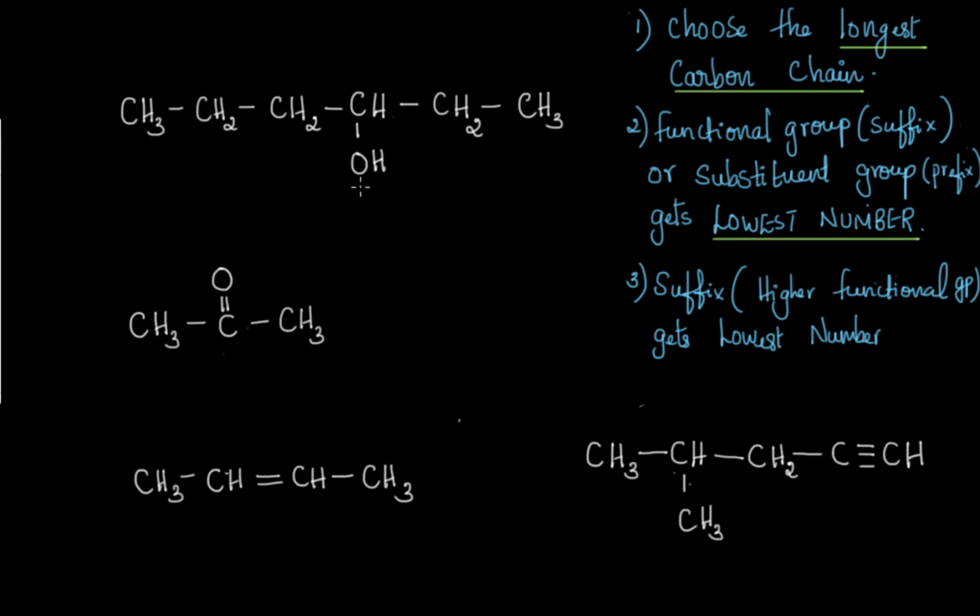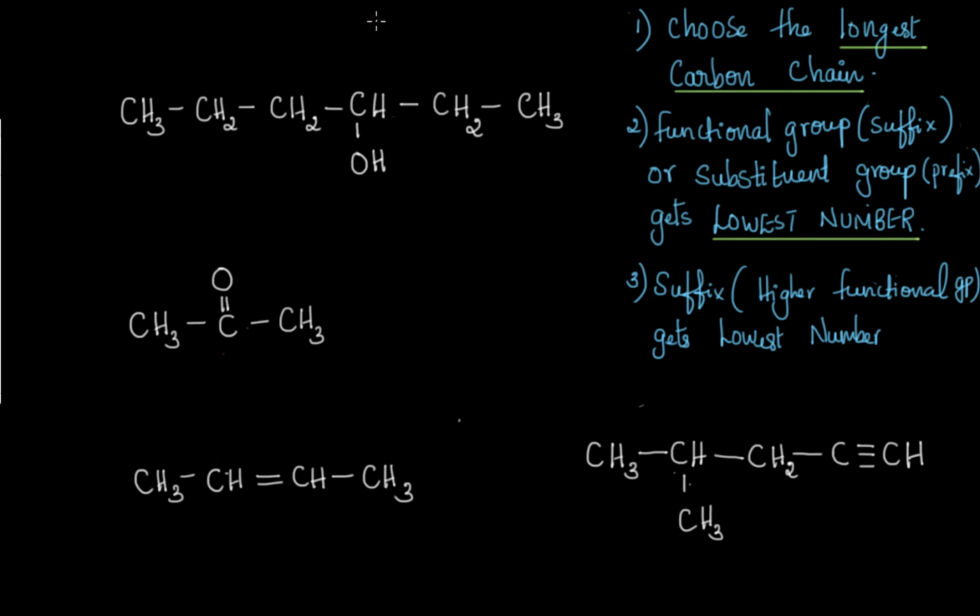No. So keeping this in mind, if I start numbering this carbon chain now, I can either go from left to right or right to left. So if I go from left to right, then this becomes 1, 2, 3, 4. I'm getting this position as number 4. If I come from right to left, then this becomes 1, 2, 3. I'm getting this position as 3. So now we can choose the lowest number by considering 4 and 3. So we know that 3 is lower than 4. Therefore, we can number from right to left.